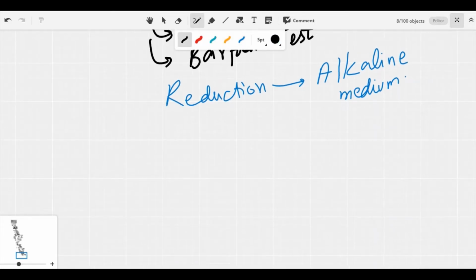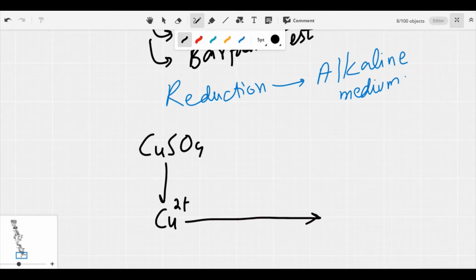For example, here is copper sulfate that will convert into copper plus 2 ions, and when those ions are reacted with the anhydrols,